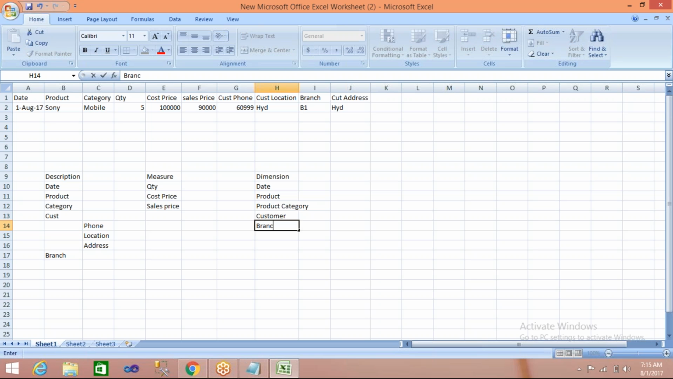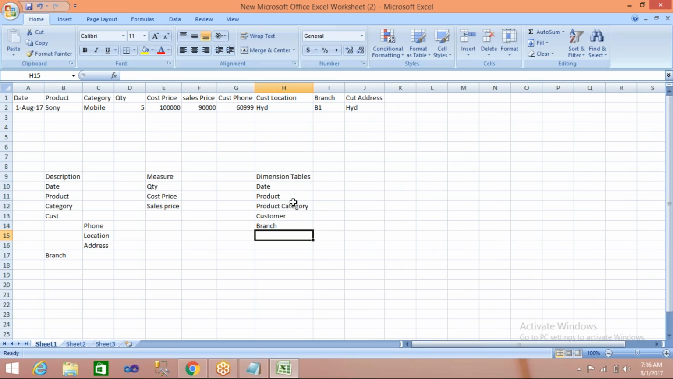So all these are different tables. Date goes in one table. The dimension is not only one table, it's all different tables. So these are all the different dimension tables, and coming to the